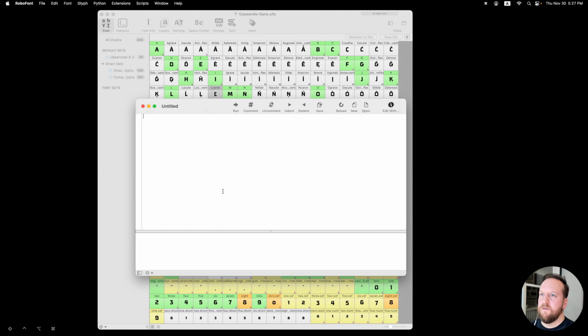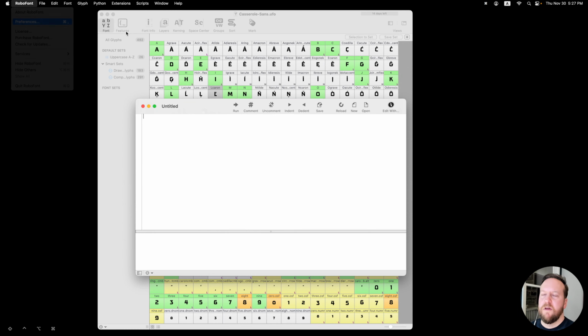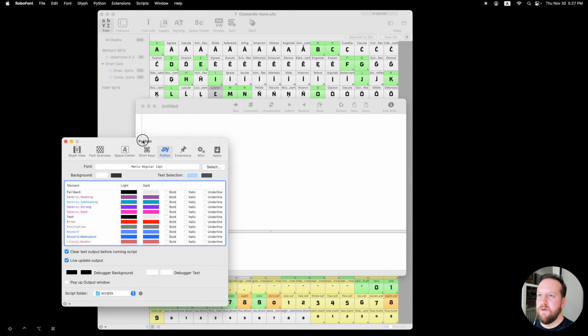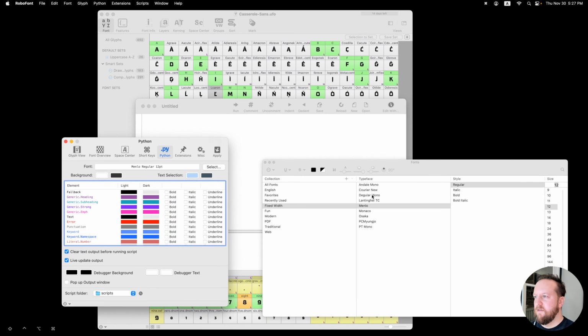So, first of all, the first thing I want to do, like any good developer, is set up my development environment, and that includes changing the font. So I'm going to change it to our award-winning font, Regular Mono. Just kidding. And you can change all the things about the text editor if you want, like the background and everything. I'm going to leave it as is right now, but the one thing I'll check in this window is